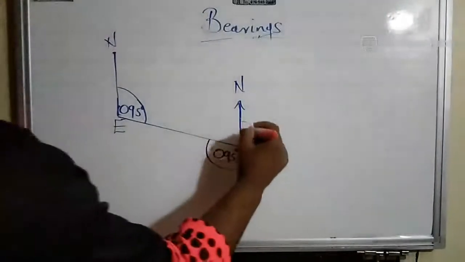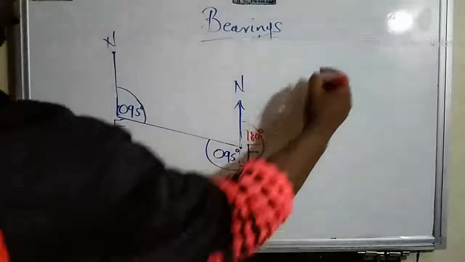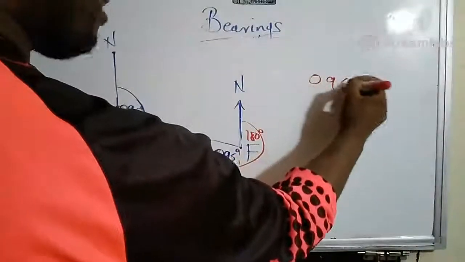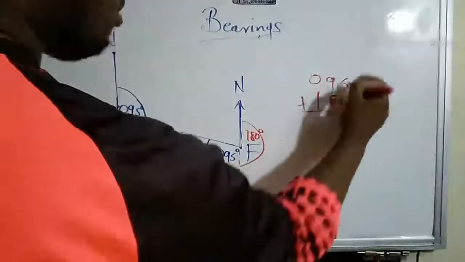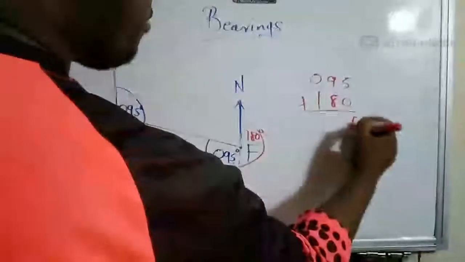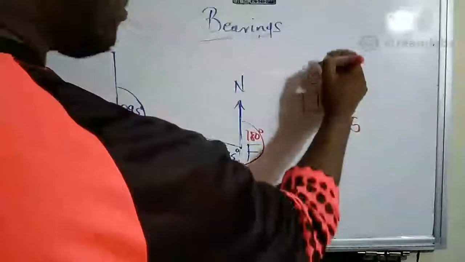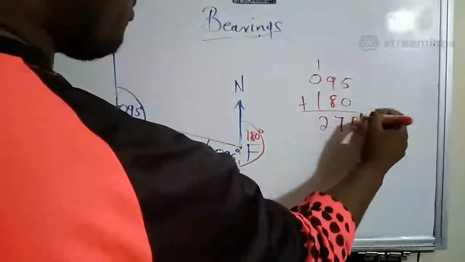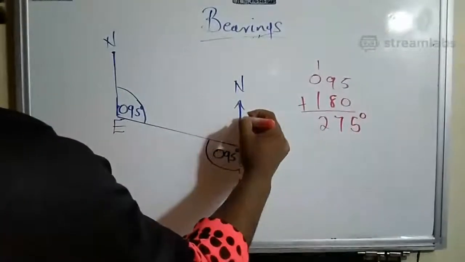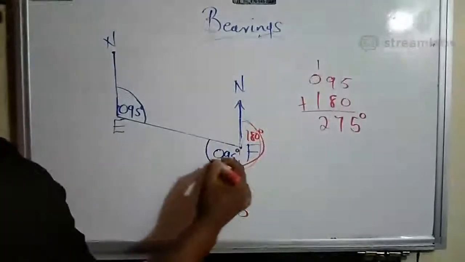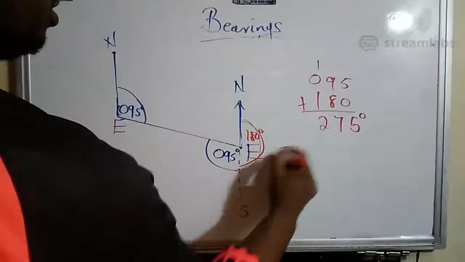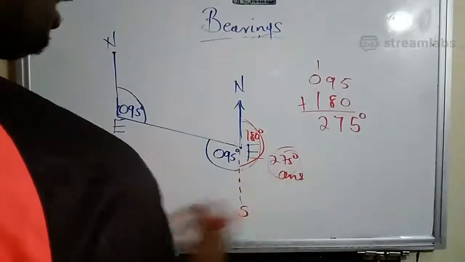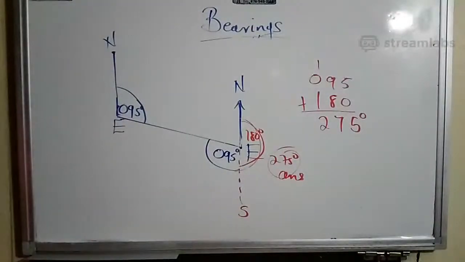So all we have to do now is add the 95 to the 180 degrees. Now we can add: 5, 8 and 9, 7, 1, 275 degrees. So the bearing all the way around here would be 275 degrees. That's the total. And let me just put it, it's the bearing